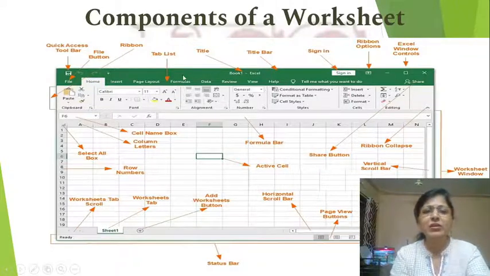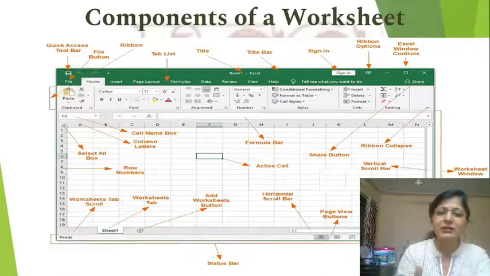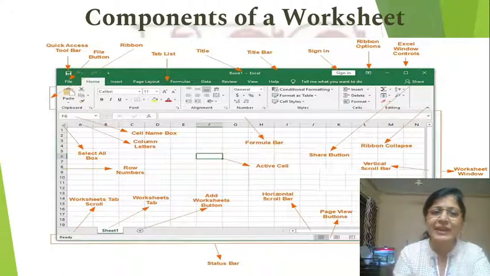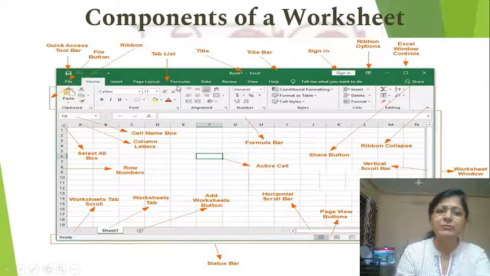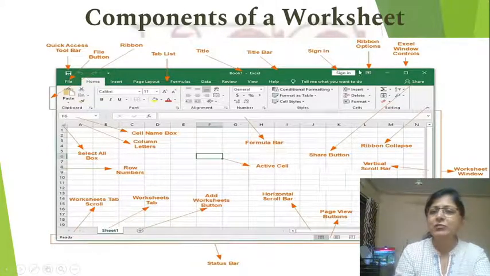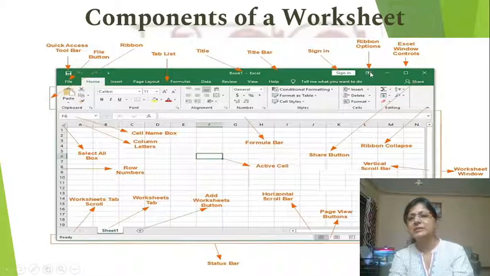When you click on a particular tab, all the ribbon groups change according to which tab you are on. And these are the buttons of the menu tab over here. Then you also have sign in, because this is my MS Office Microsoft account. Here you have the ribbon options displayed. You have the minimize, maximize and close button here.